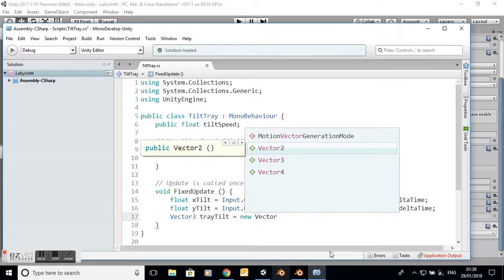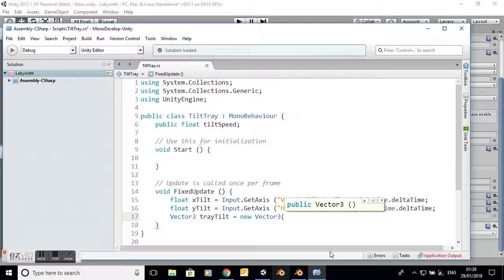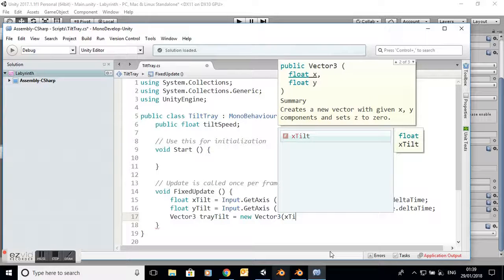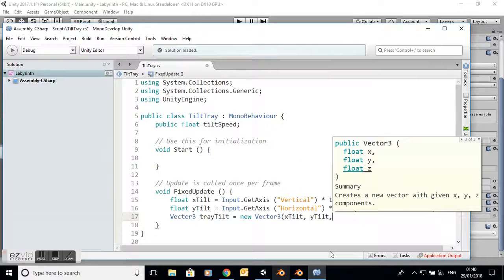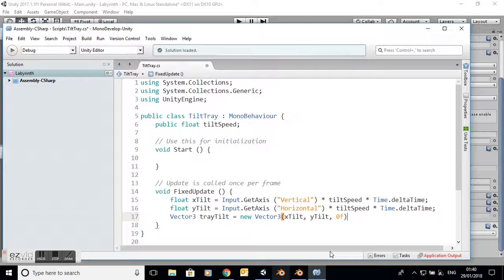I'm going to put in the X tilt, Y tilt, and we're having no tilt around the Z axis, so I'm going to put in 0 and make sure it's floating point there. Right, so that should give me some tilt in parts of a degree that I can apply to the rotation